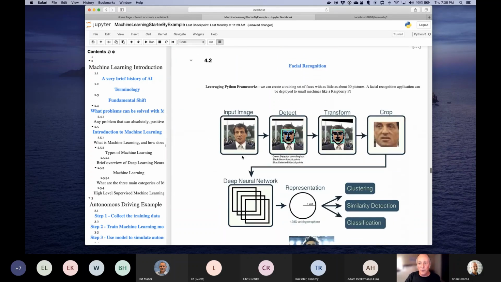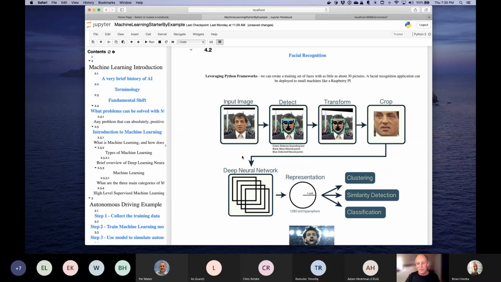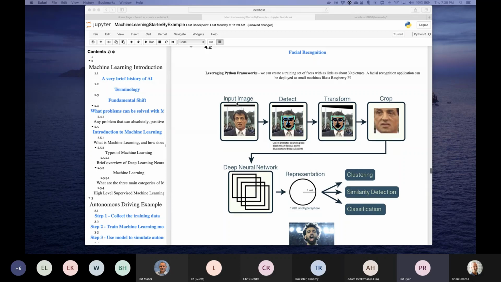All right, so now I'm going to get to one that scares people. This came up a couple times, facial recognition. So let me go over how this works. I'm going to come off camera because I think I'm going to need my camera in just a second. You should still be able to see my screen.